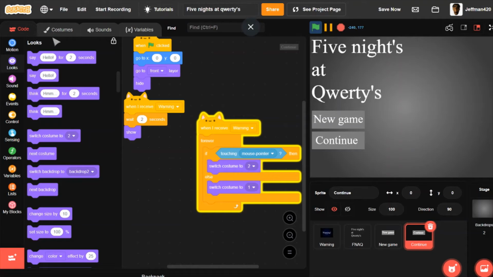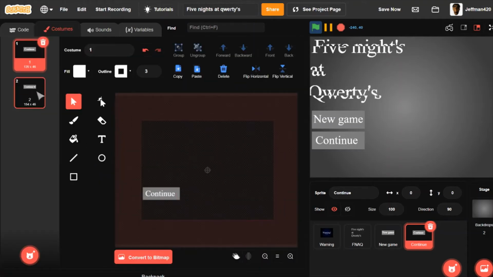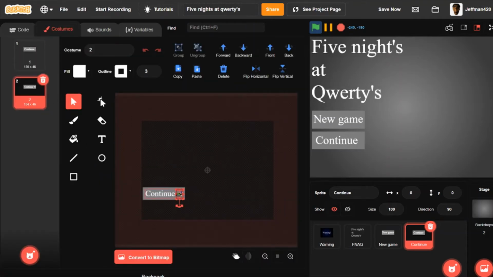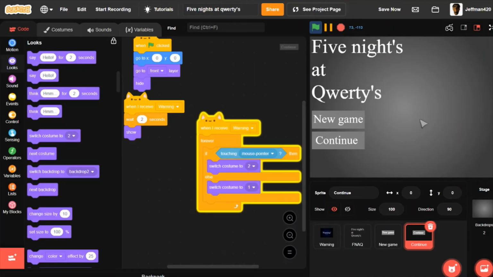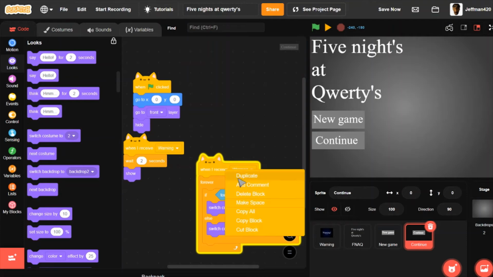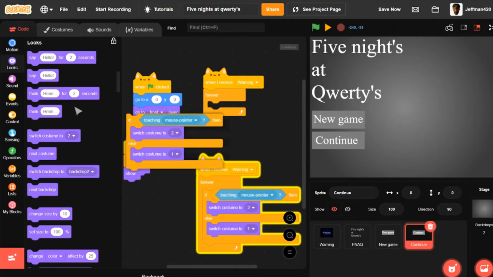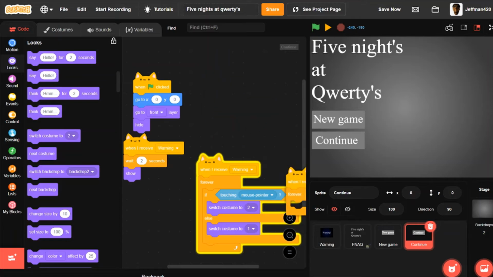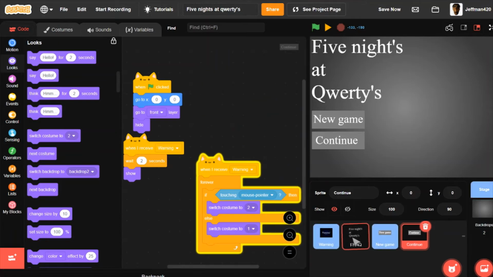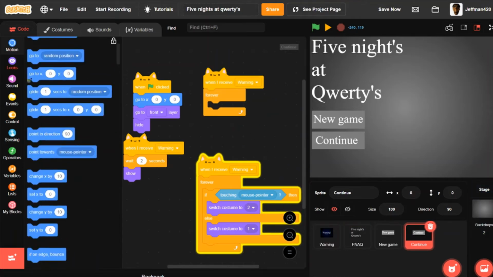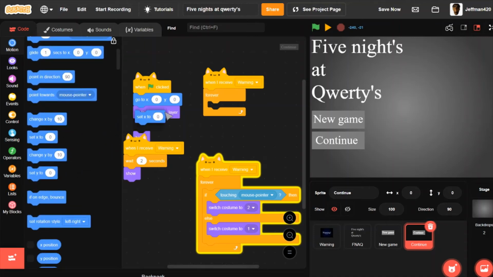Now let me show you a little trick that most pro scratchers know. I'm not a pro, I'm definitely not a pro, but this is a good trick if you want to know. A very good trick. So it's called the Parallax Effect. So let's just begin this warning sprite and let's put it in all of these, and grab a set x